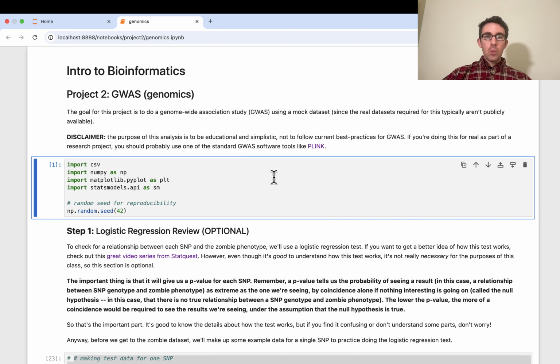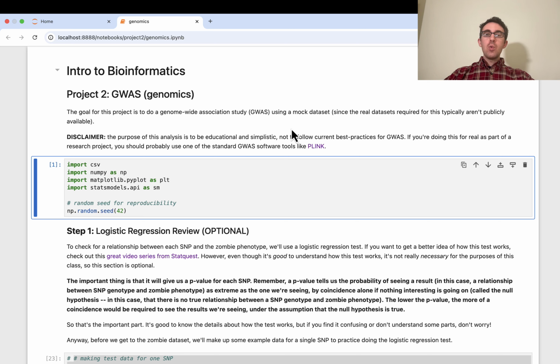First things first, I will give a disclaimer similar to the one I gave for the code for the first project: the purpose of this project is to be educational. And so for this educational purpose, I am making some simplifications. One of the simplifications is that if you were doing a GWAS, which is the name of this type of analysis, genome-wide association study, GWAS for short,